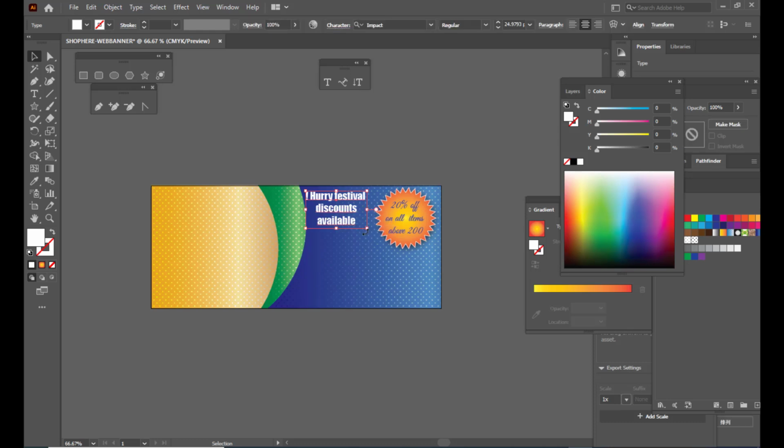We can slightly increase the size, right. Now it looks fine.